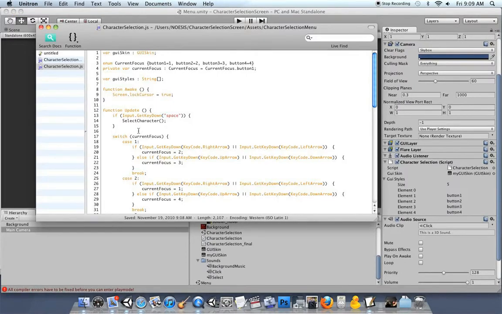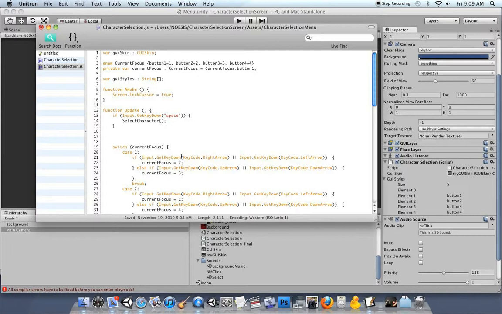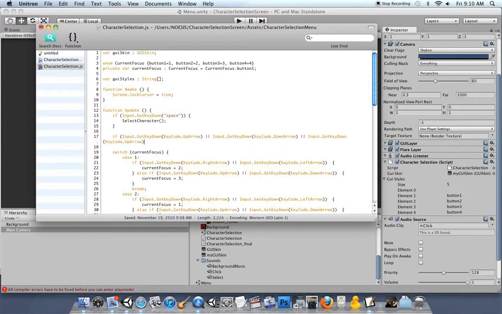So now here in our update function, we can say if any of these arrow keys are down, then we'll play the click sound. So if Input.GetKeyDown(KeyCode.UpArrow) or Input.GetKeyDown(KeyCode.DownArrow) or Input.GetKeyDown(KeyCode.LeftArrow) or Input.GetKeyDown(KeyCode.RightArrow),